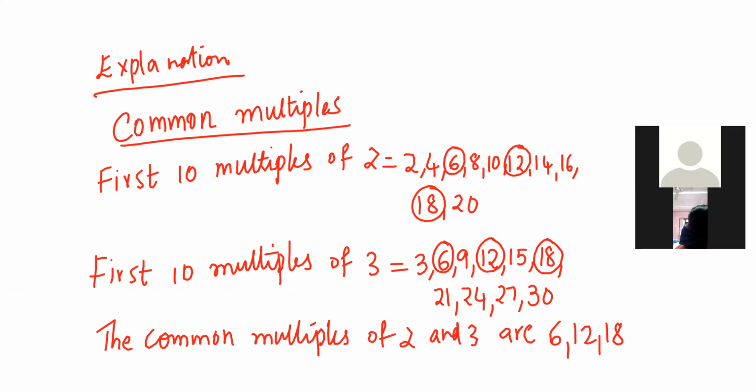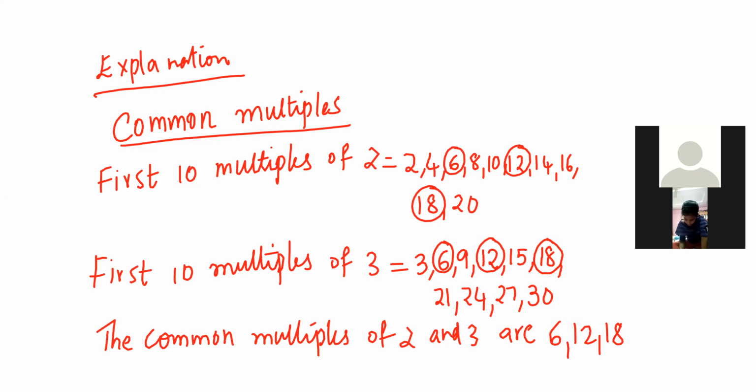The common multiples of 2 and 3. Only the first 3 common multiples we have extracted. So many we will be getting. Why? Because the multiples are infinite, right? We have an infinite number of multiples. From those infinite multiples, we may find so many common multiples. But here we are choosing only a few. The first 3 common multiples of 2 and 3 here we got are 6, 12 and 18.